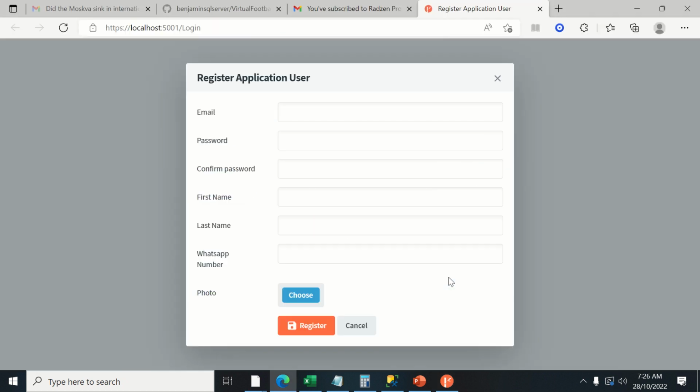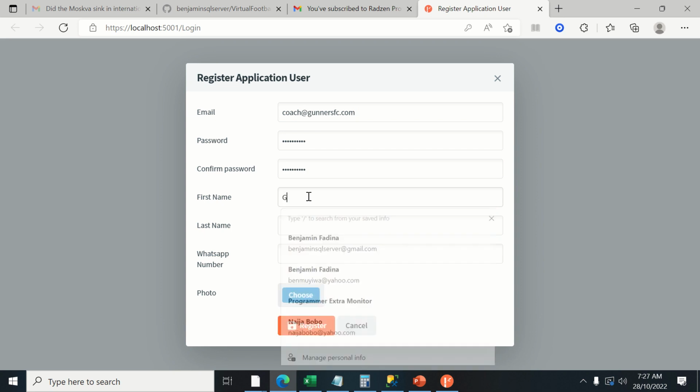I click on sign up. Email is coach@gunnersfc.com. Password is password_1. Password is password_1. First name is Gunners. Last name is Coach. WhatsApp number